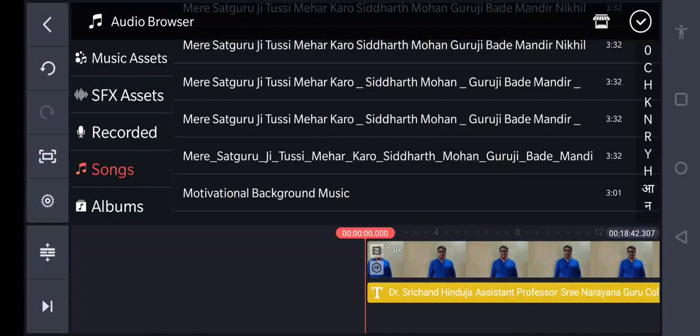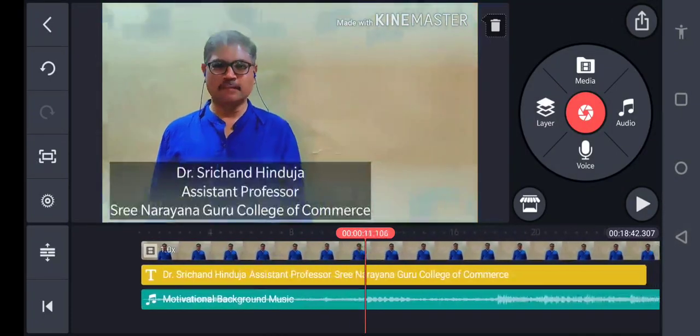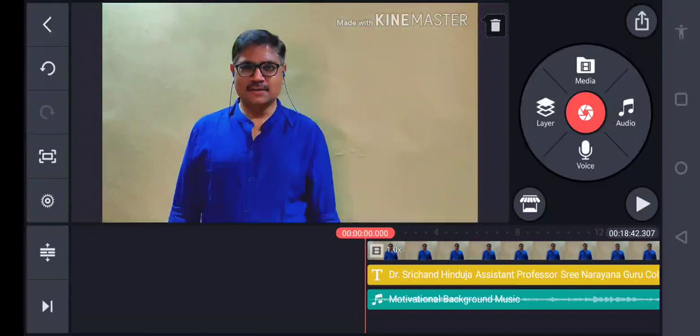It's there, motivational background music. I'm just clicking it. This will be the background music which will go along with the video. So there are two options again. One is plus. The moment you click the plus, it will get added. You can see that in the playhead now the green line has come with the motivational background music. So that entire audio has been added to the video itself. So along with the video, the particular background music also will go hand in hand.